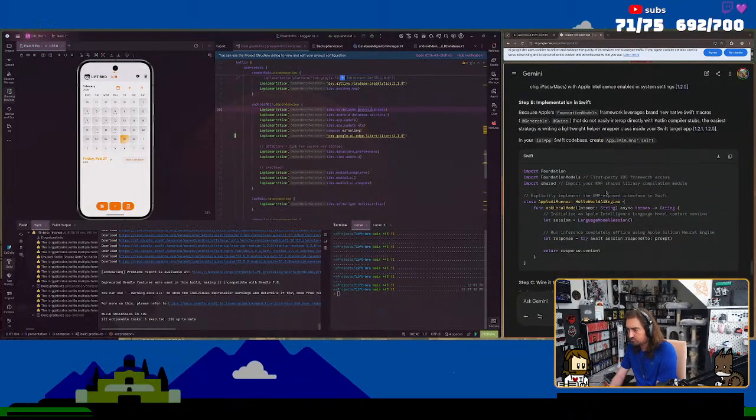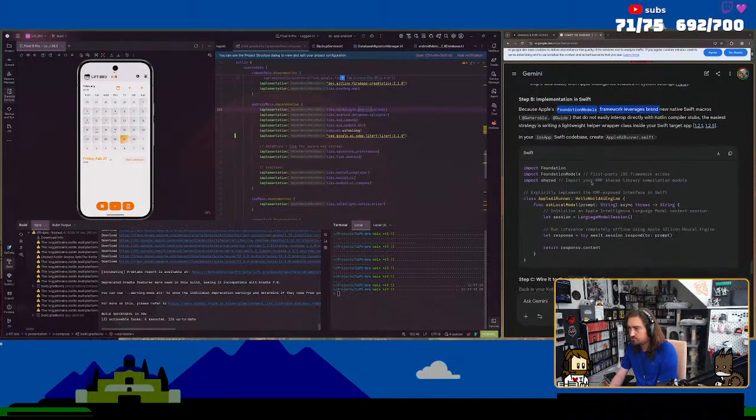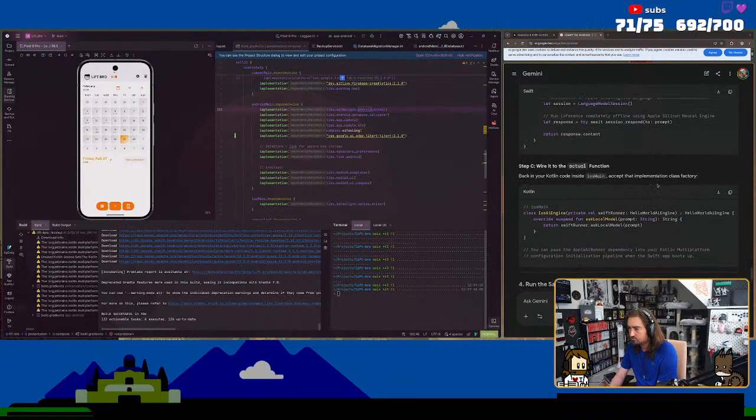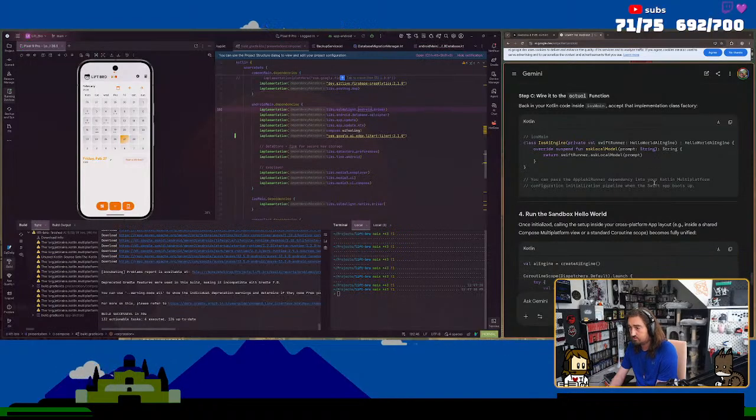But this does seem really clean. The thing I don't love about it is foundation models, new Swift native macros. The easiest strategy is to write a lightweight wrapper in Swift, AI runner, ask local model, and then we just Swift runner prompt it.